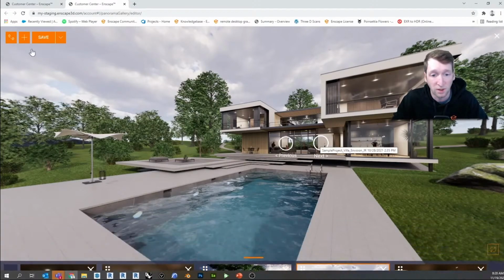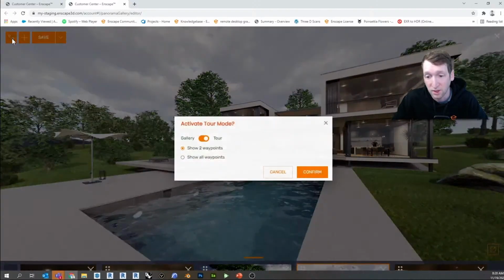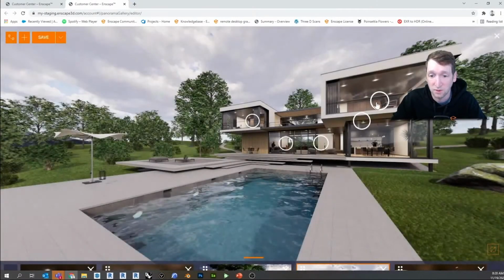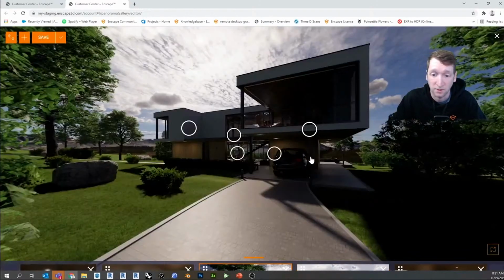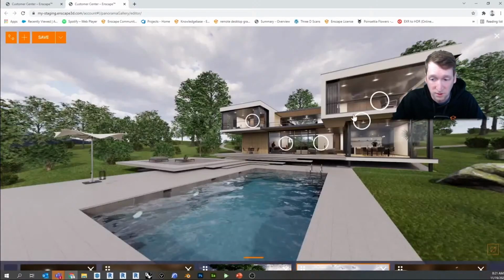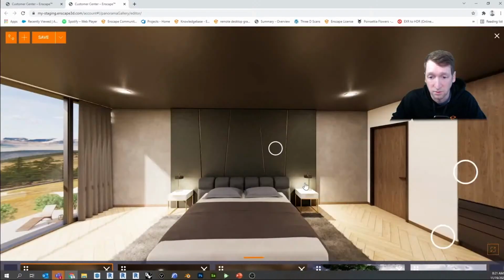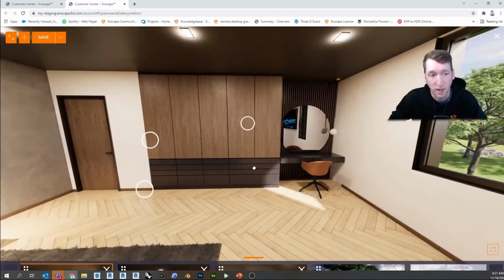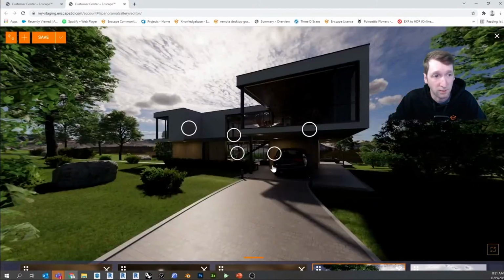So if I need to click show all waypoints now, I can hit confirm, and now this will show me all the different ones that I have in my scene, or in my tour set up now. So again, I can hover over them and start clicking to the different ones and freely exploring my model as a pre-guided tour. Now when I'm done, I can hit save.